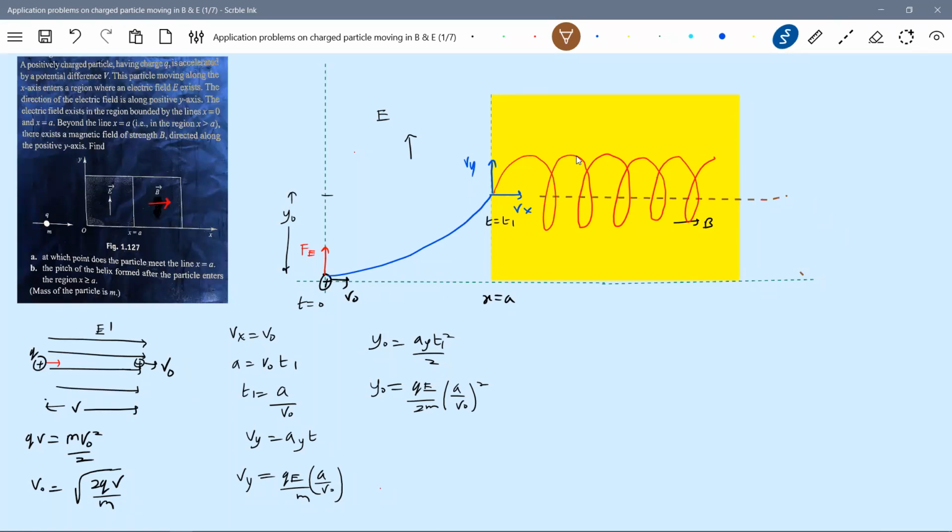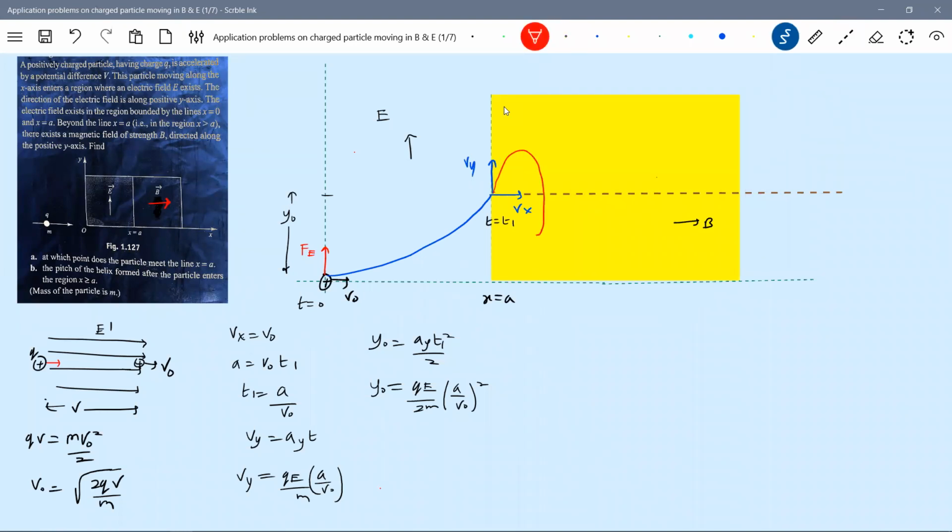So the charged particle is going to move in a helix. First we'll draw the helical path. First I'll draw the axis of the helix. You do get plenty of numericals. Sometimes this is one of the best topics where the professors, IIT professors, will pick up to test students. Like this, it will continue. Now this will be the pitch. This will be the radius of the helix.